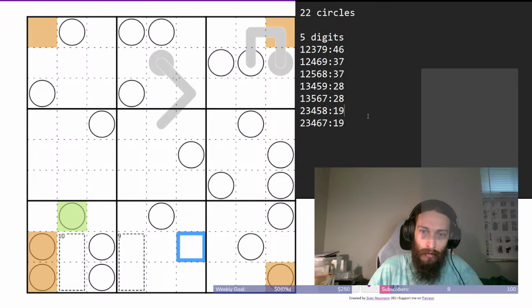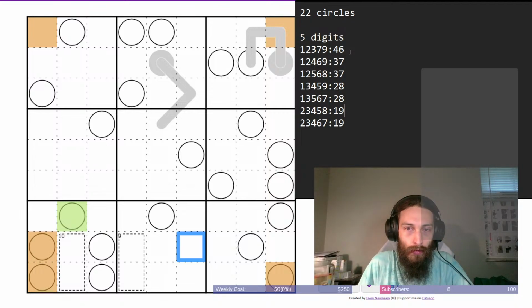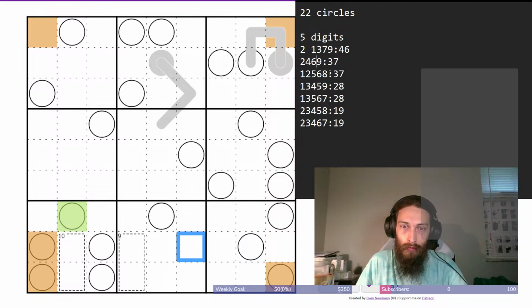But no matter what, the circles cannot be all odd. There have to be at least 2 even ones. Because if they're both even, then it takes the one at the top and the one in the bottom right corner. If the 10 is both odd, then it's the center circle on the right. So if there are not 2 evens,